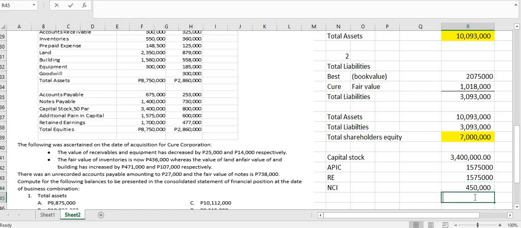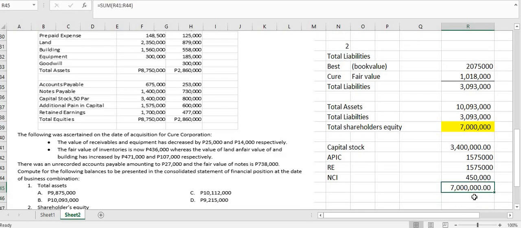So that's 7 million. I presented two ways of determining the total shareholders' equity. It's up to you which you use: compute your total assets, then deduct the liabilities to determine total shareholders' equity, or simply add all the equity accounts plus the non-controlling interest. Okay, so thank